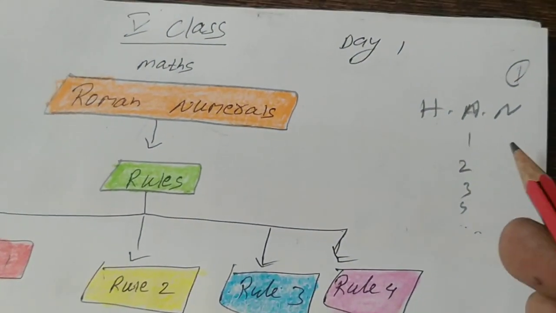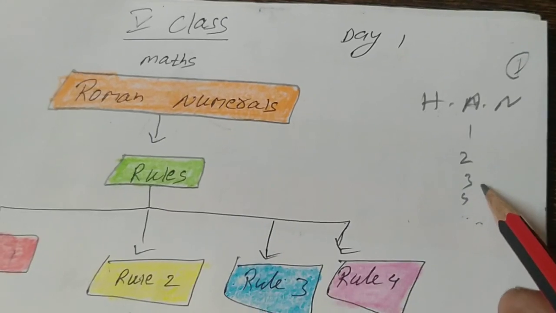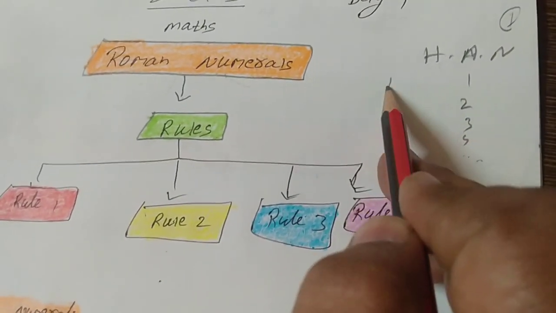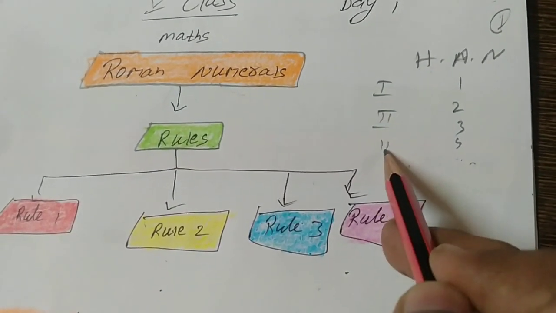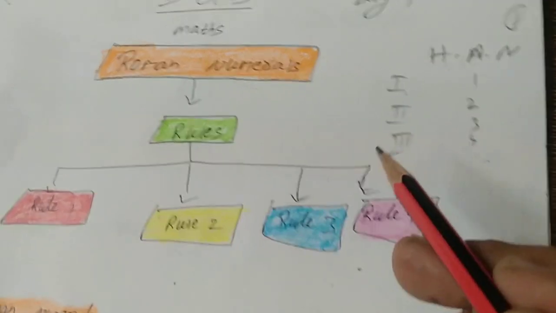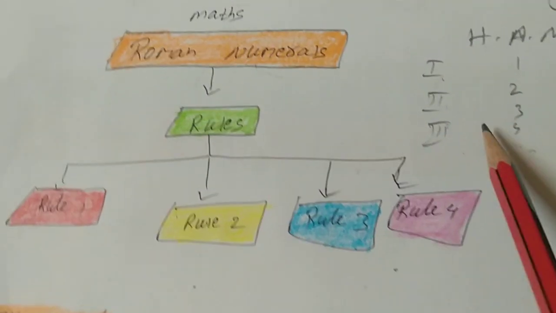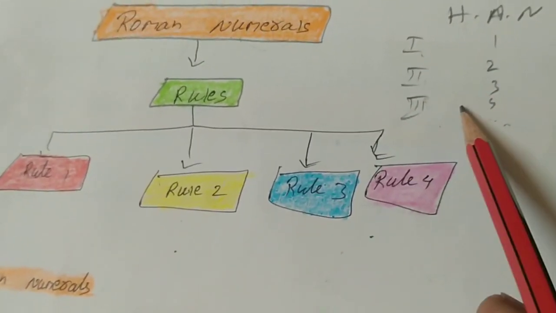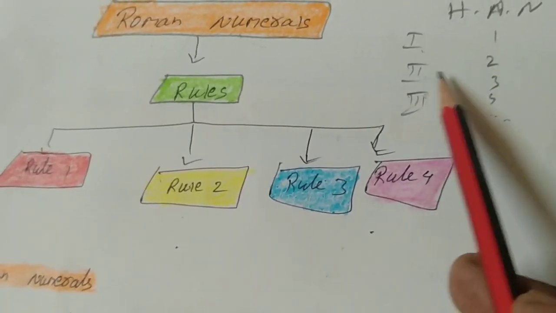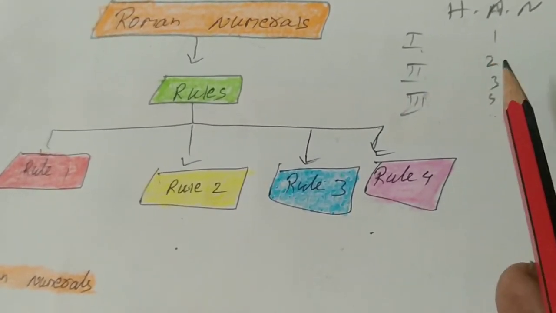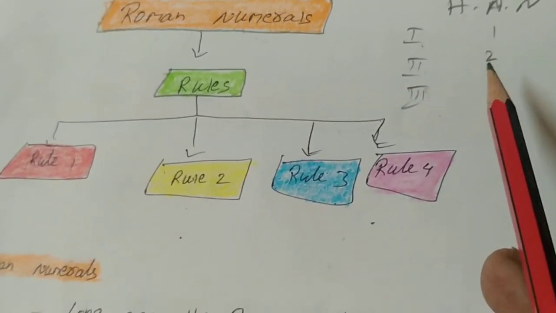In class you are learning 1, 2, 3, you know. But Romans are not like that. For Romans you use some symbols for 1 and 2 and 3. These are the things you use in Roman. So what is useful is that you can use shortcuts. The calculation is very easy. You should do very simple calculations.